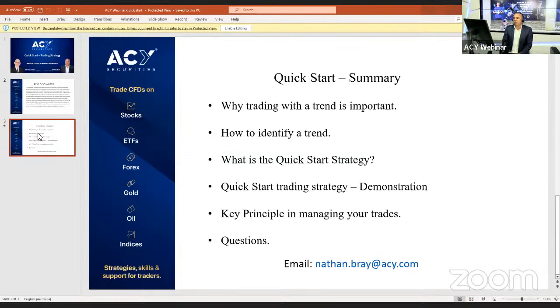We'll also go through some of the key principles in managing your trade, because once you've identified a strategy that's easy to follow to enter the trade, we then need to ask ourselves the question, what do we do once we're in the trade? And then how do I manage the trade and choose an exit point? And again, we'll draw on Duncan's expertise to give us some insights into some of the key things to use that are very simple.